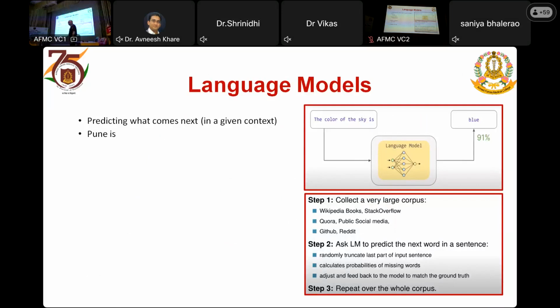Capital of India, Delhi. Chess champ. Next word, Gukesh. No, yes and no. Chess champ is Gukesh. So we thought chess champ, Gukesh, but the next word is chess champ is Gukesh. So next word is. Now the neural network is actually not intelligent. It just happened to have read a lot of books. That's about it. So it's not able to relate to the context. Sometimes it does also, of course it does, but most of the times it's coming out with the maximum possible next word. This is how they work.